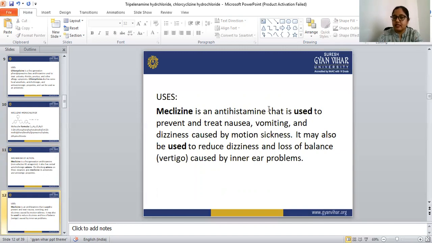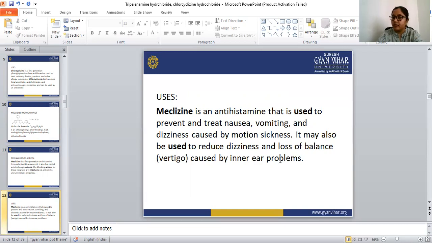Meclizine is an antihistaminic drug that is used to prevent and treat nausea, vomiting, and dizziness caused by motion sickness. This nausea, vomiting, and dizziness caused by motion sickness are treated or prevented with the meclizine tablet or the meclizine drug. It may also be used to reduce dizziness and the loss of balance caused by